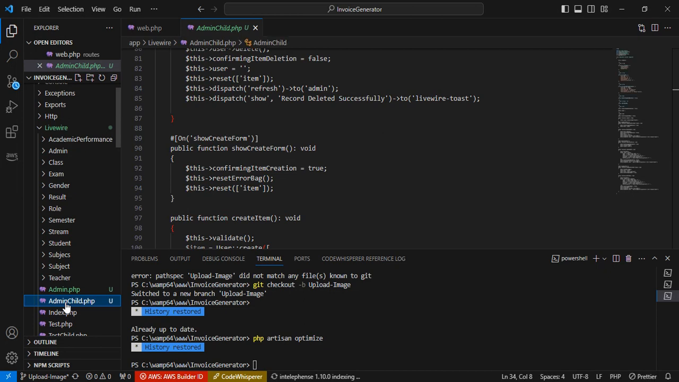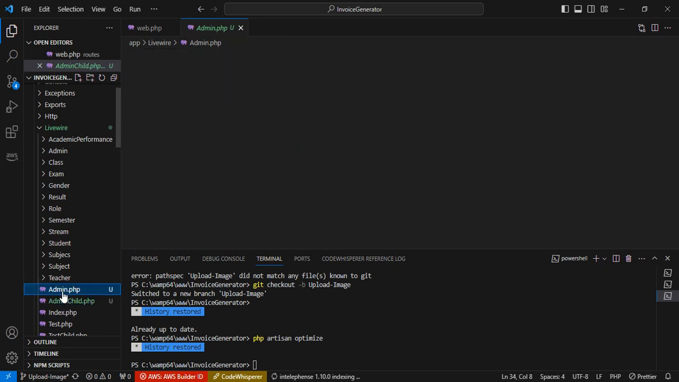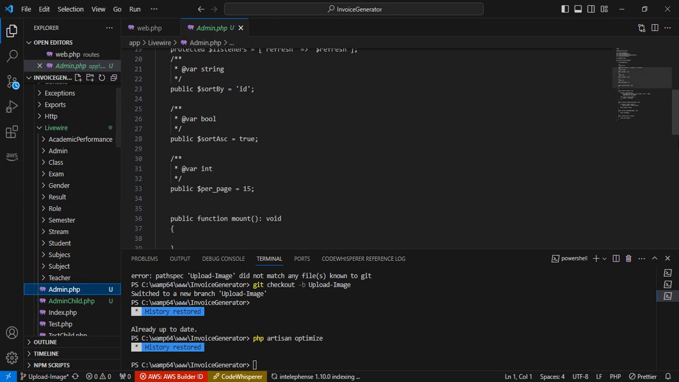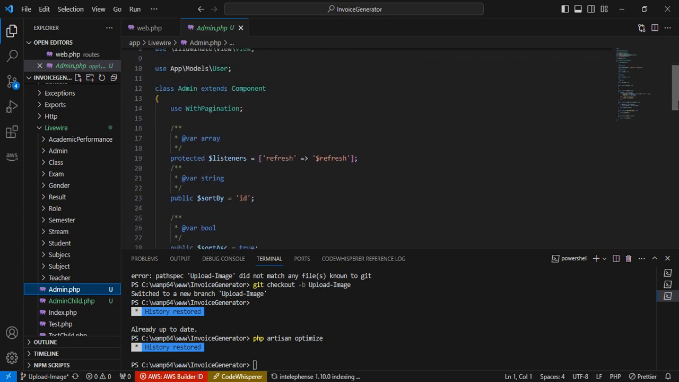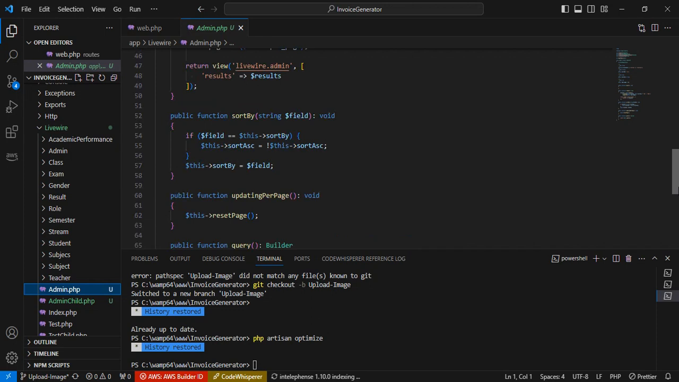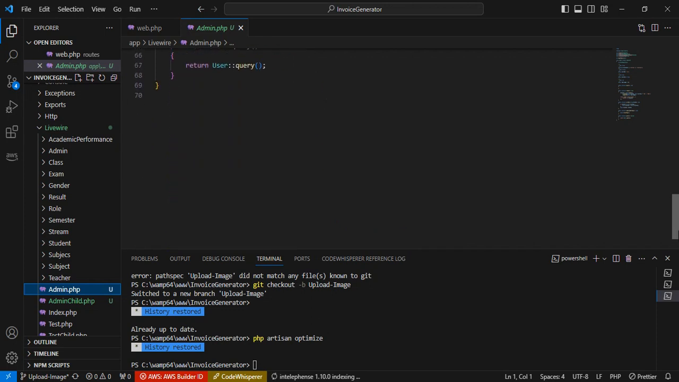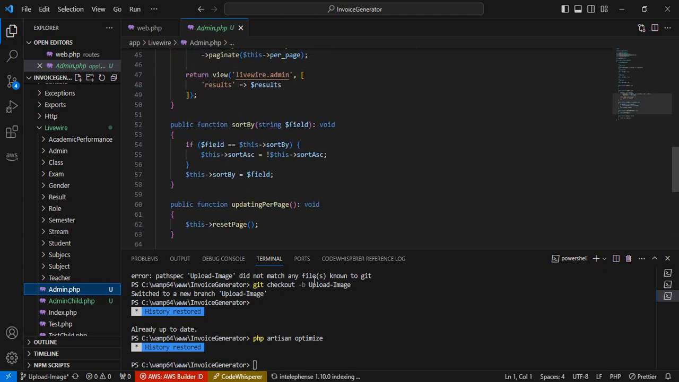The parent component, which is admin, is where we handle data display and querying. This is part of our application where user can view and search for information. On the other hand,